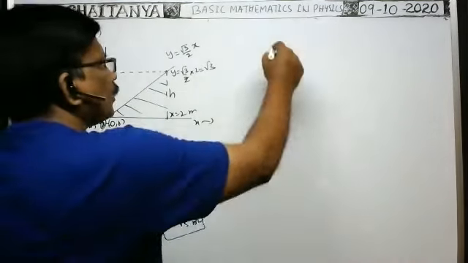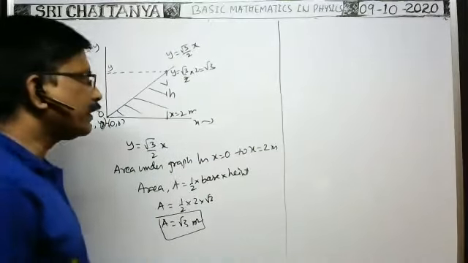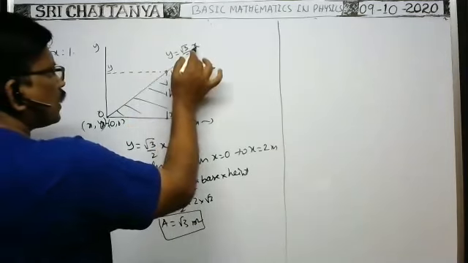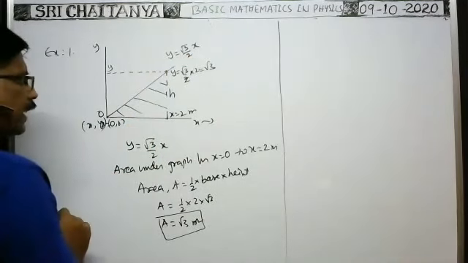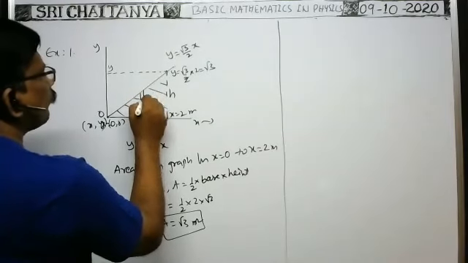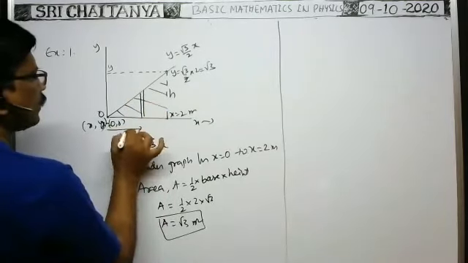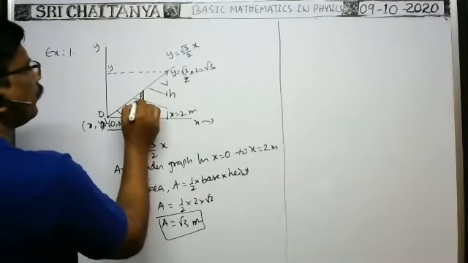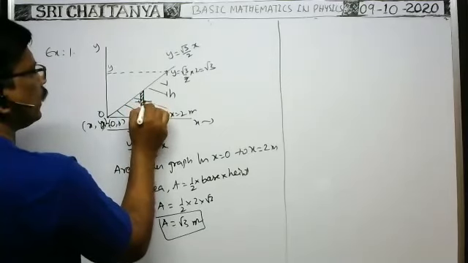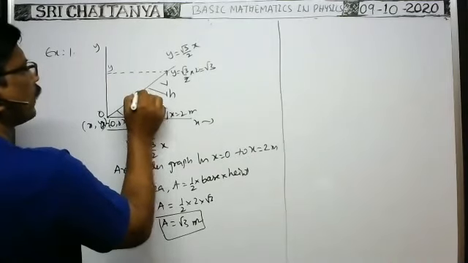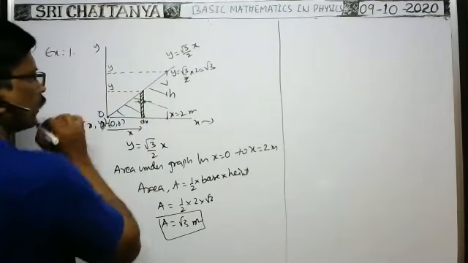Now we have to do this by the integration method. How can we do it? By the integration method. As the y value varies continuously with the horizontal distance x, you consider a small element here, a small element from the origin at a distance x. For the small element, the thickness is very small, that is equal to dx. This height is say y.